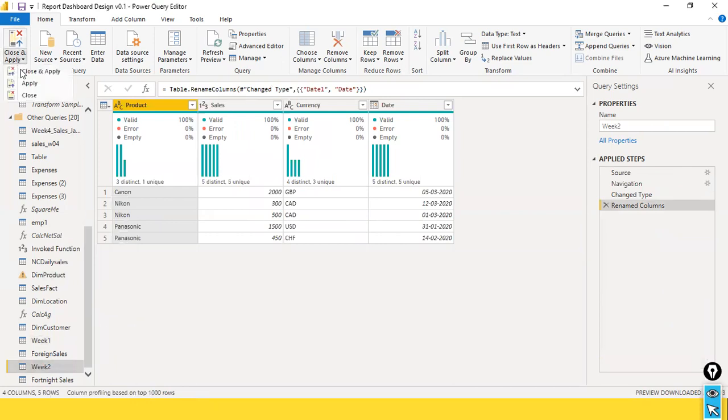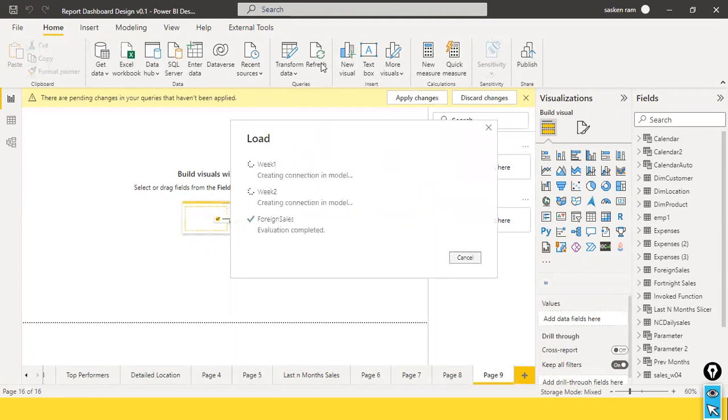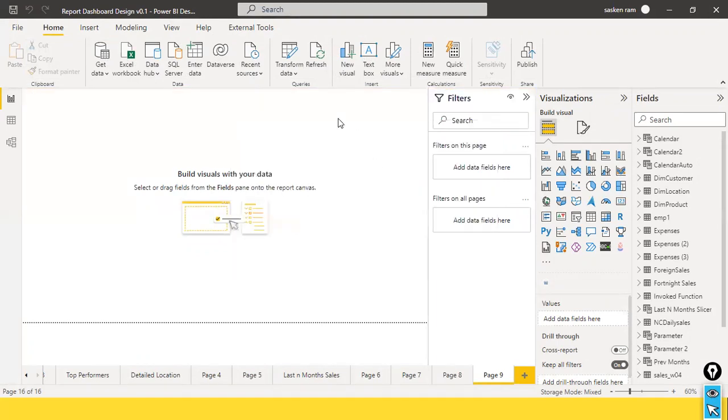There are situations where I need these two files, so let them be there. But when I refresh the data, at that point in time, don't refresh week one and week two during the report refresh. Look here, it is getting refreshed while applying it. Let it be there. But this is your report refresh. When I click on report refresh,